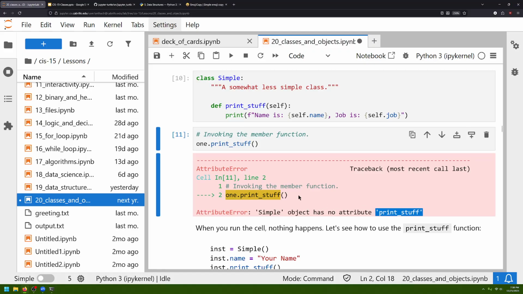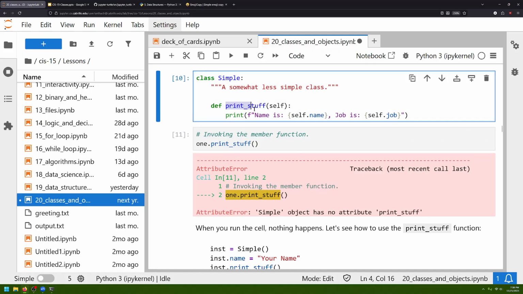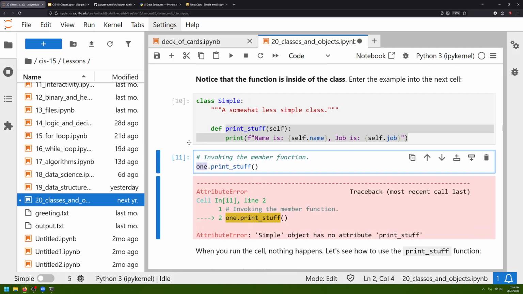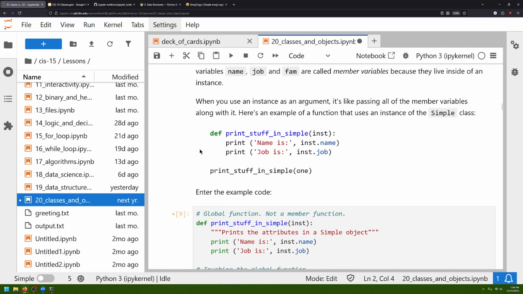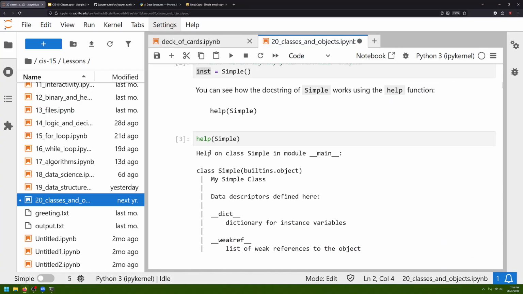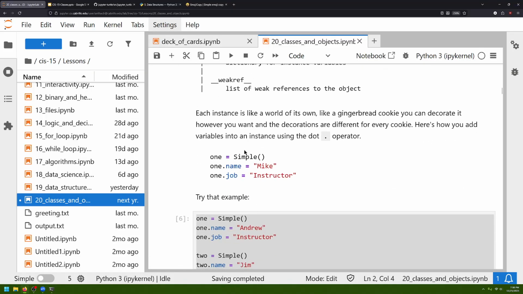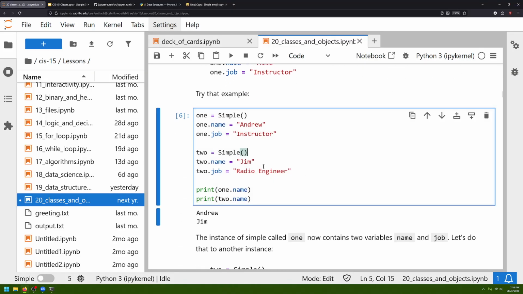Oh, you know why? This is kind of tricky to see. I do have the attribute print stuff, but this one right here is referring to an old class. This is referring to the previous class that has nothing here. So I need to re-initialize these variables, objects I mean. So I'm gonna go ahead and copy this,